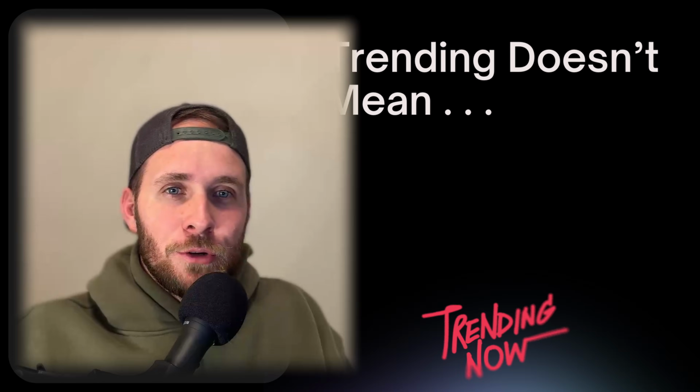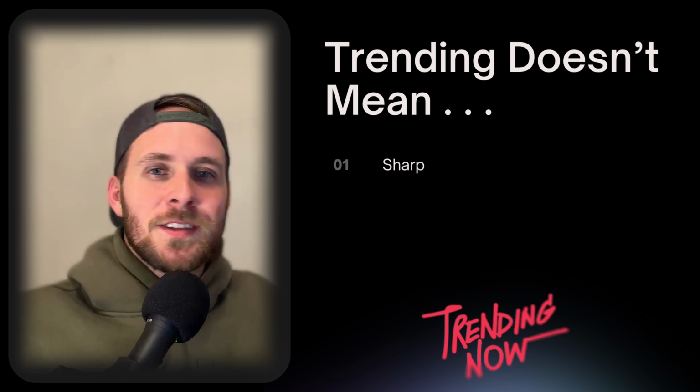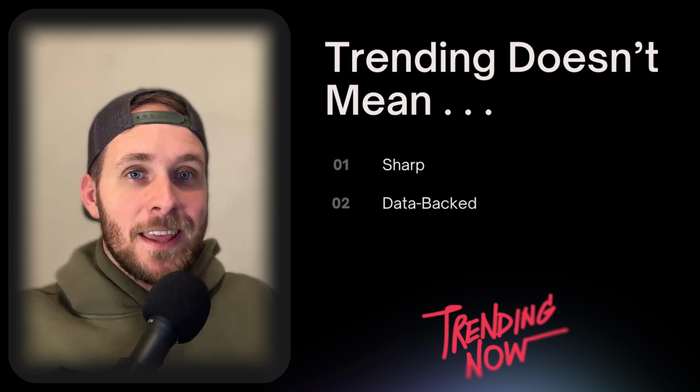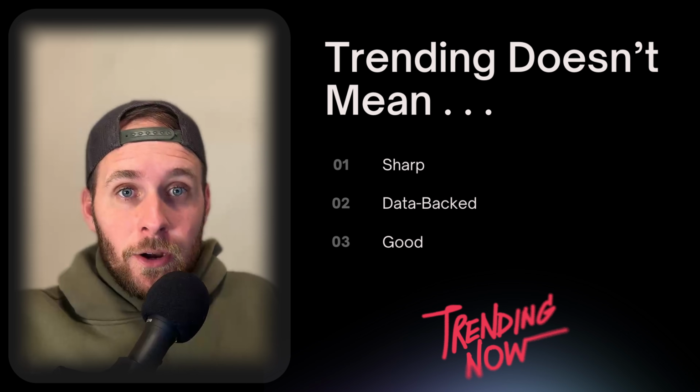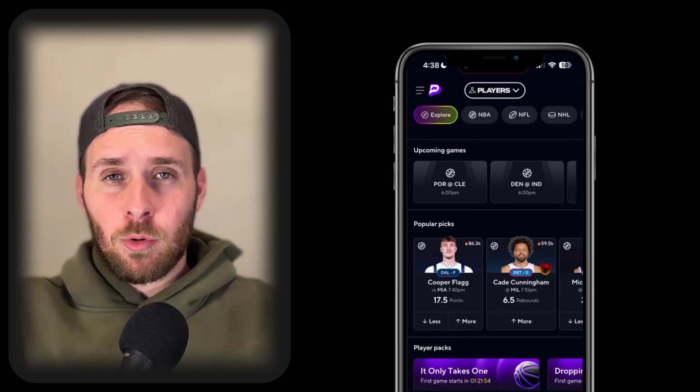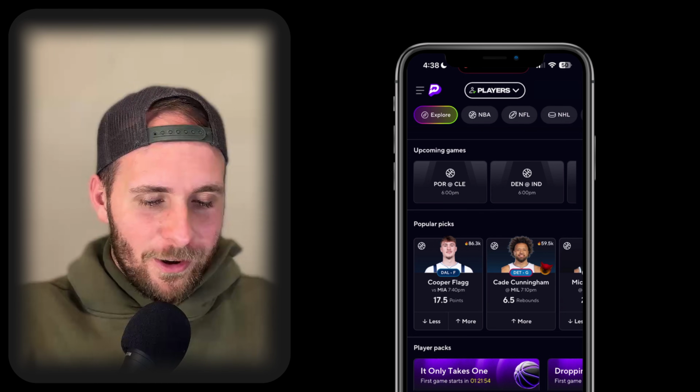Now here's the issue. Trending doesn't mean sharp, trending doesn't mean data backed, trending doesn't even mean good. It simply means a bunch of people clicked on this, that's it. It's popularity, not probability. When you're on the Explore tab inside of PrizePicks, the first thing you see